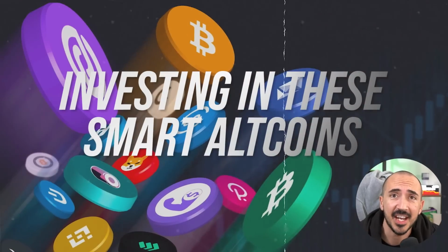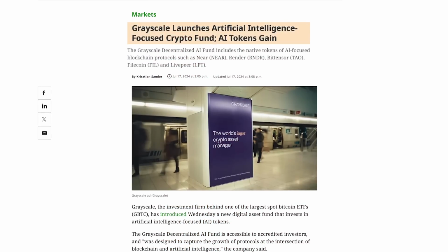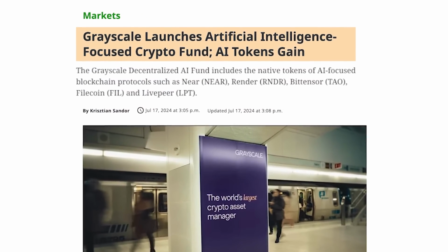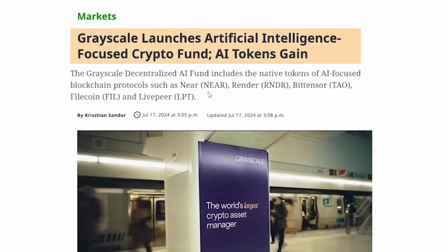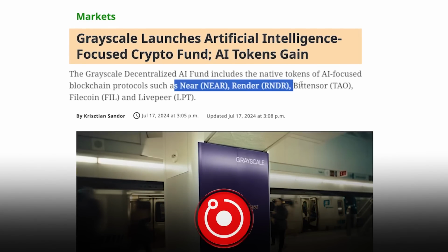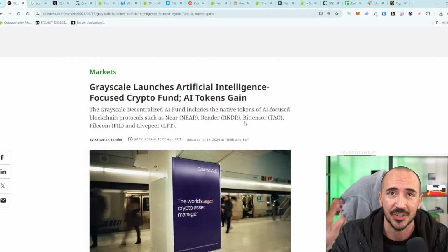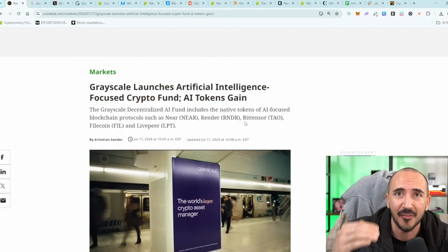Smart money is investing in these 5 altcoins, and the reason why is Grayscale just launched an artificial intelligence focused crypto fund, and the AI tokens are a part of this fund. It is going to be Near, Render, BitTensor Tau, Filecoin, and Livepeer for the 5 tokens. Now, one of these altcoins is going to outperform its other 4 peers, and in this video, we're going to